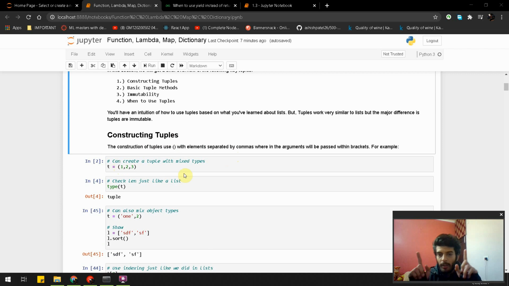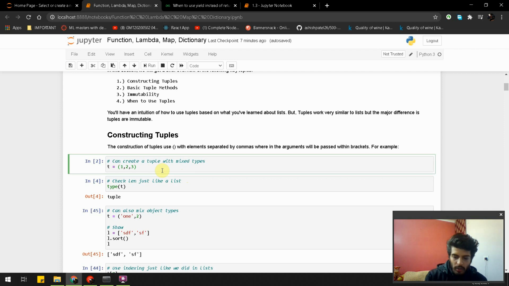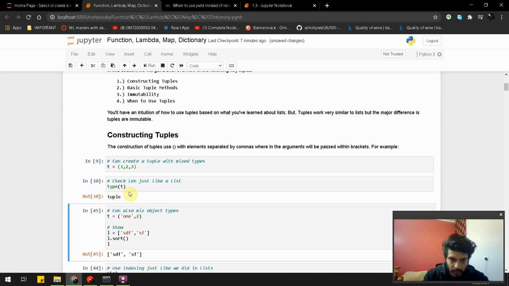We use square braces in our list, but in tuples we use round braces, and that's how we declare a tuple and get to know what type it is.